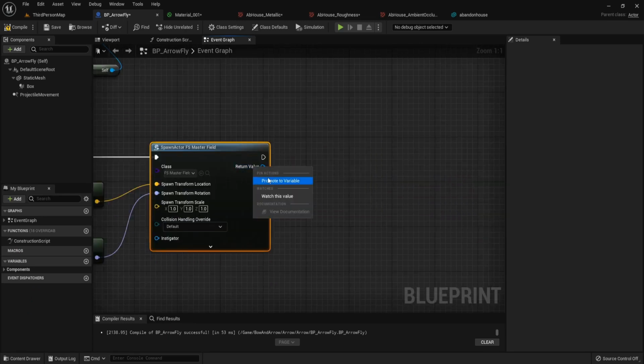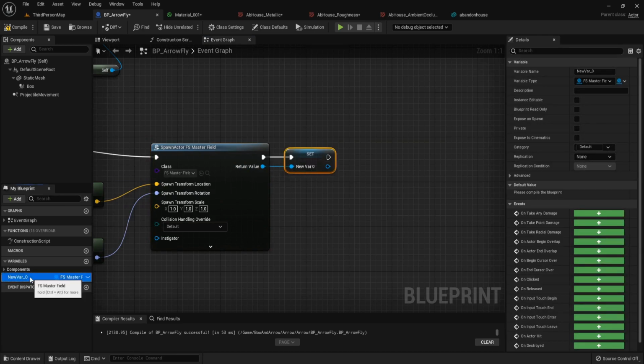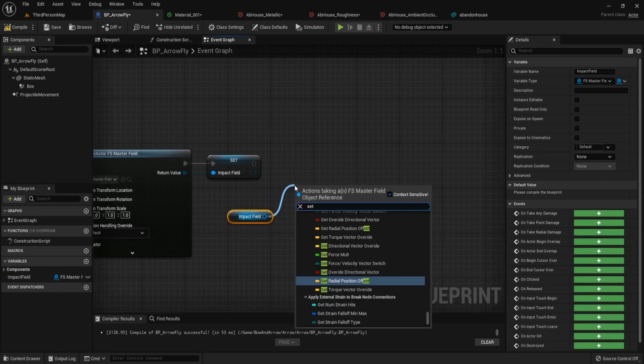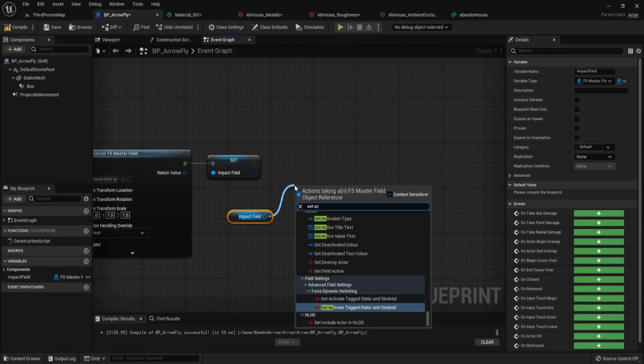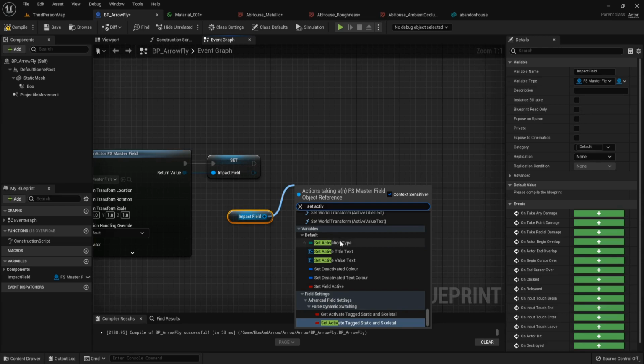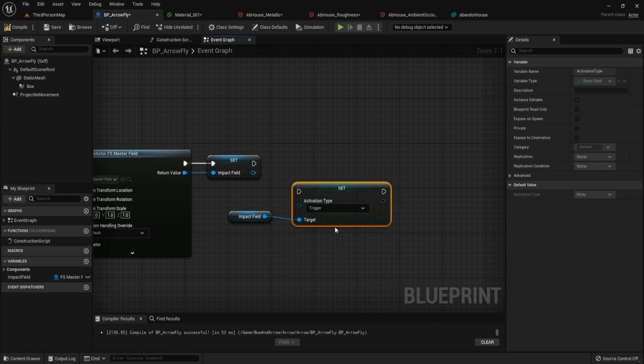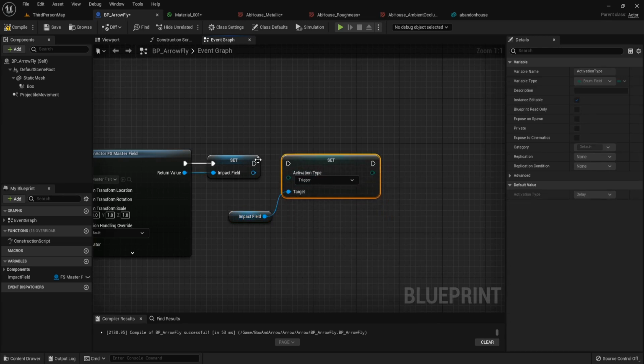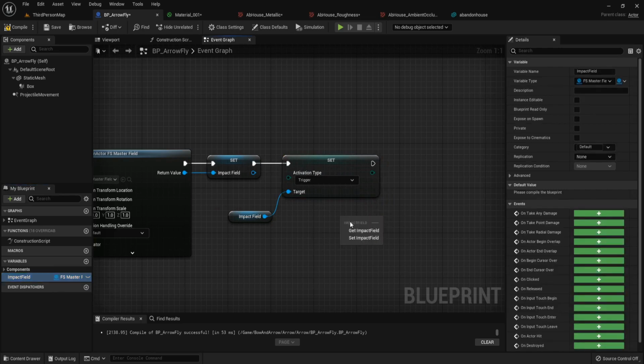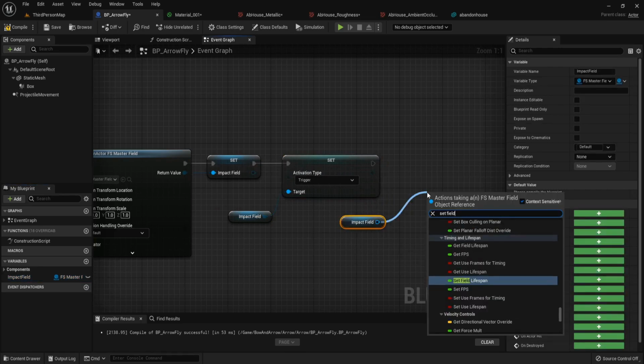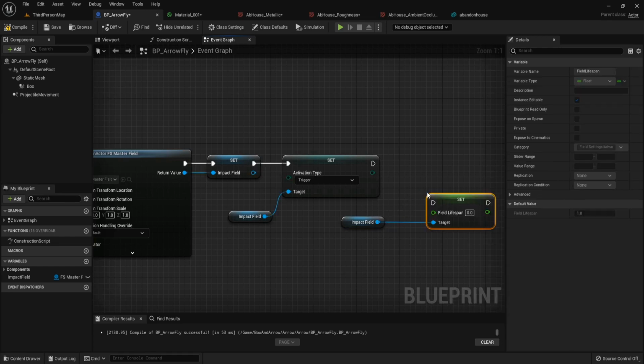Then the return value, promote to variable. Name it impact field. Get impact field and set activation type. Set it to trigger. Get impact field. Set field lifespan.